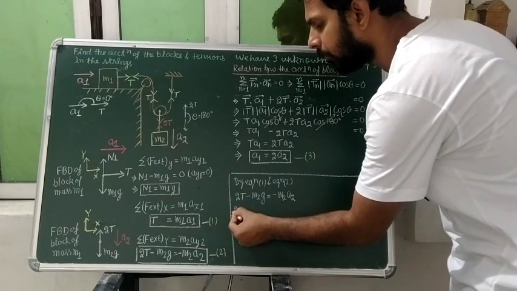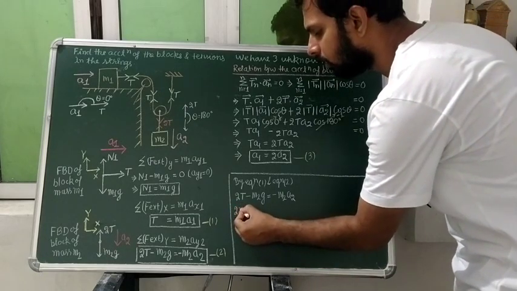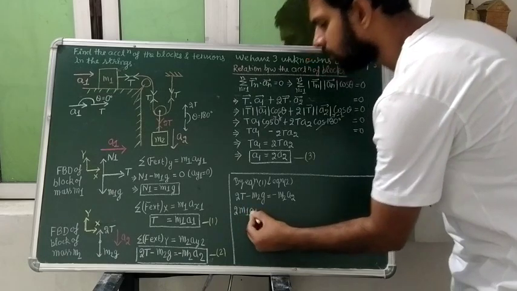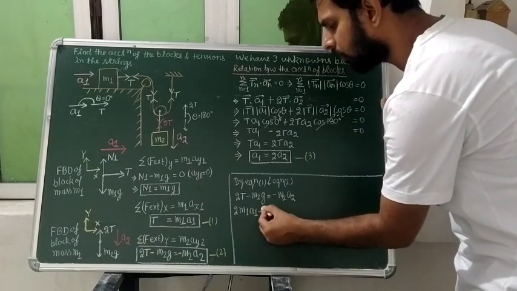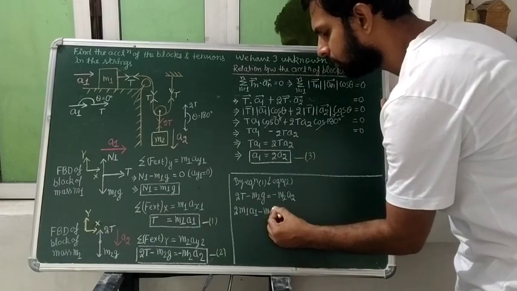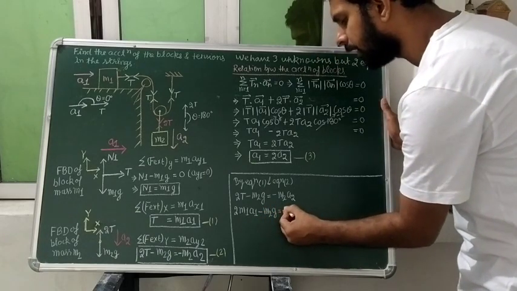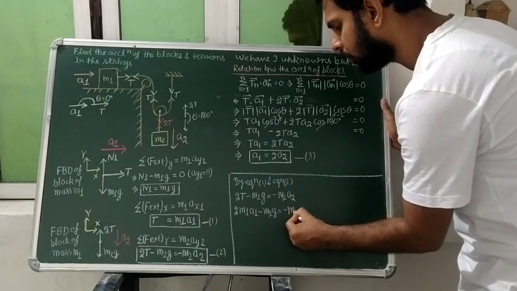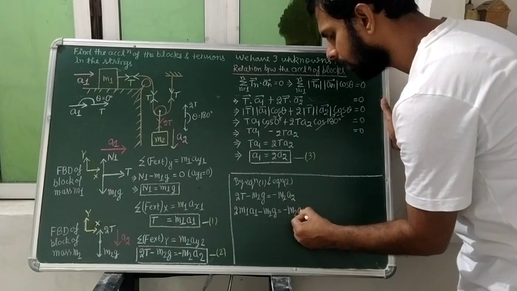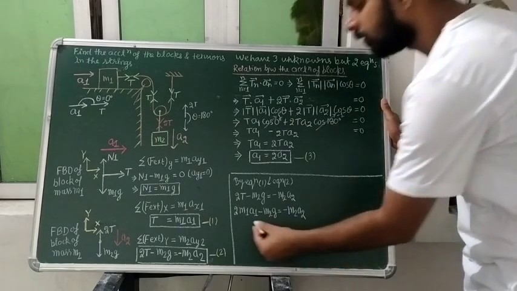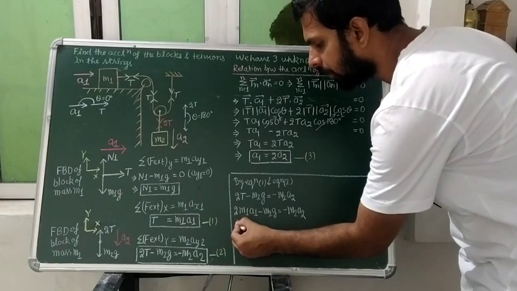So here it will become twice of m1a1 minus m2g, that should be equal to minus m2a2. Isn't it, students? And by equation 3,